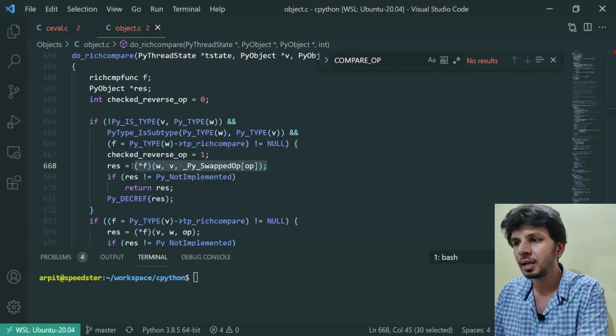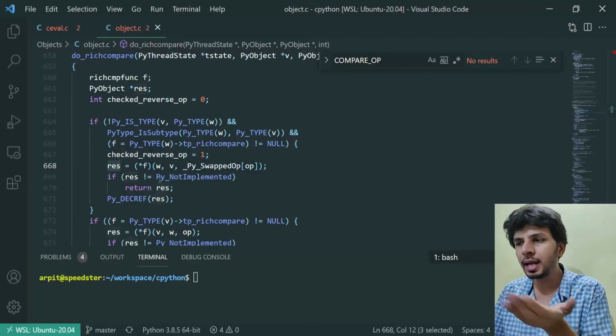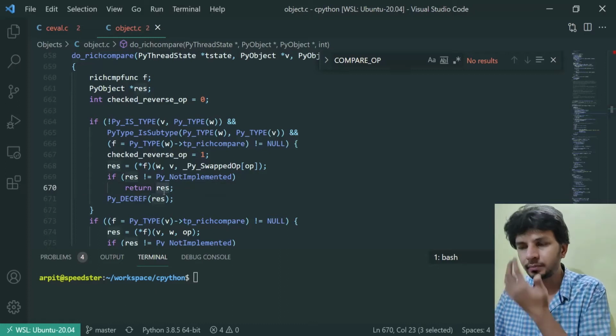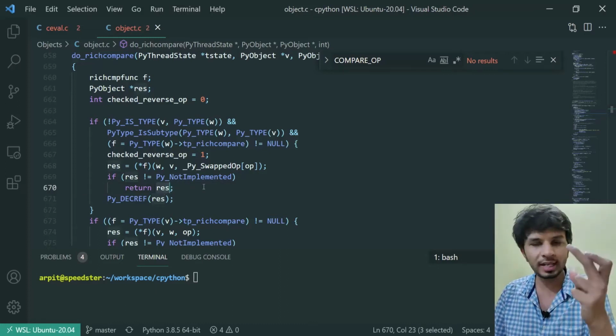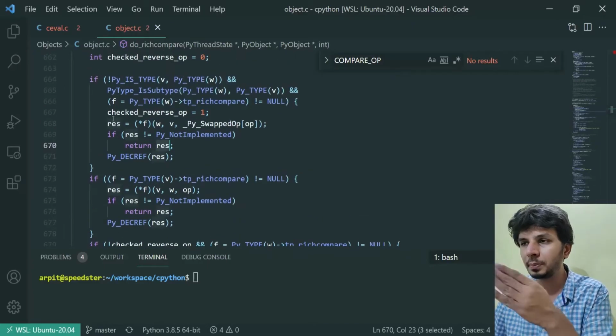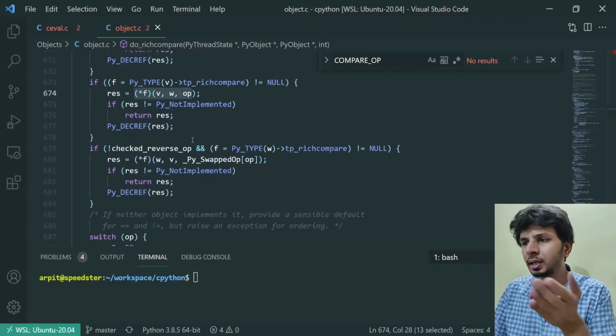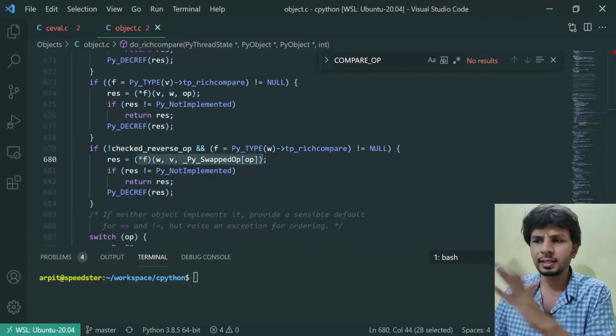So basically this is where the function invocation is actually happening, right? And then we are getting the value, and this value is being written, right? So this looks like the core logic, and this is evident for other places as well. So other branches of this code, this is very evident. So star f v w op, star f w v and something, right?